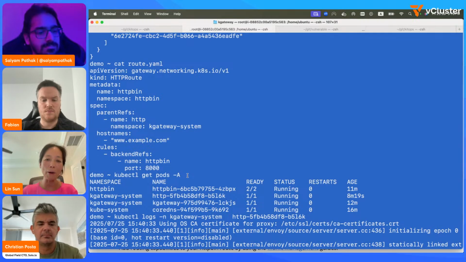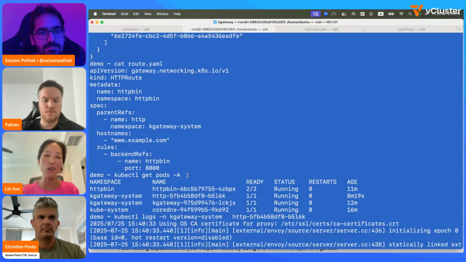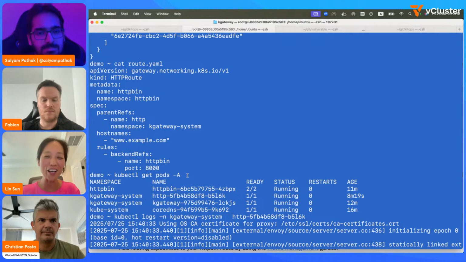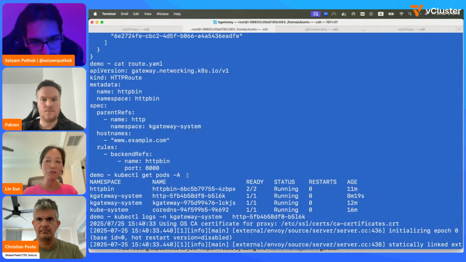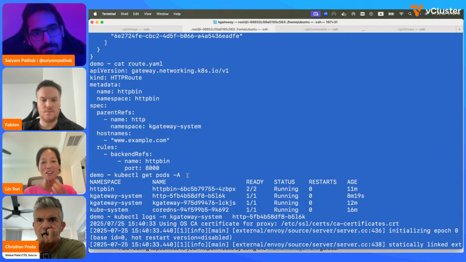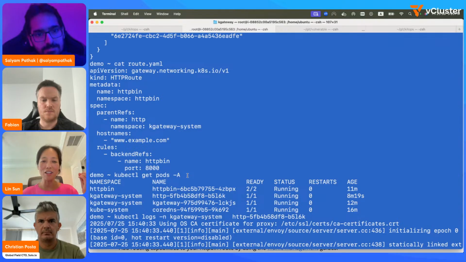It's human readable. But I bet the Envoy configuration is probably more than 100 lines. It's going to be way more complex. That's the job of the kgateway control plane. It's kind of like providing you a nice UX, translating a simple Kubernetes Gateway API into the complex Envoy configuration for you.